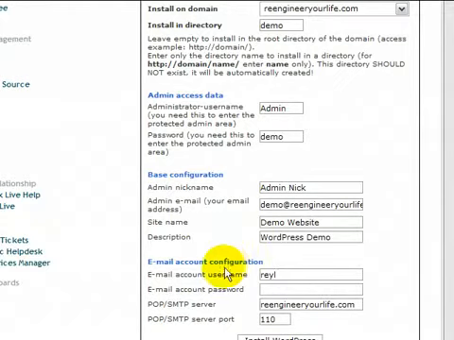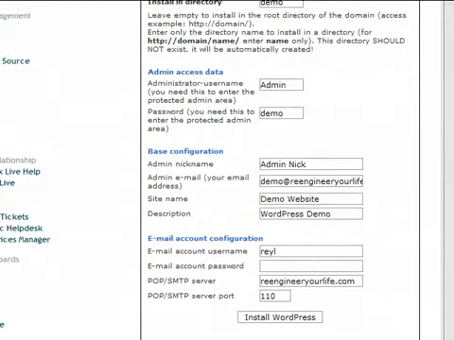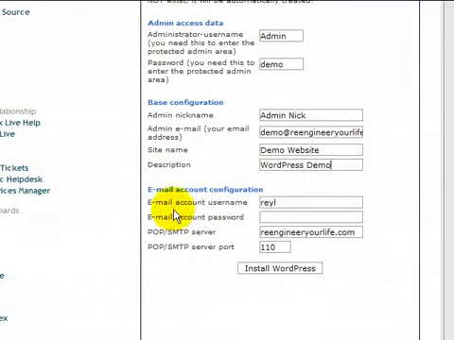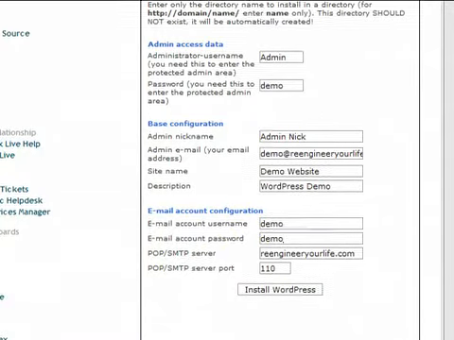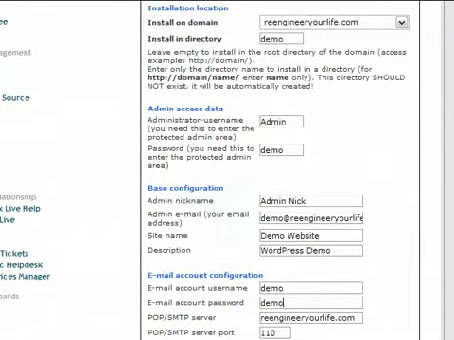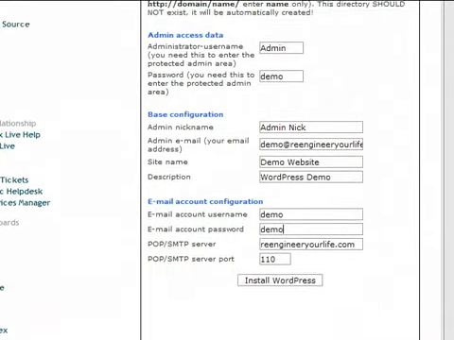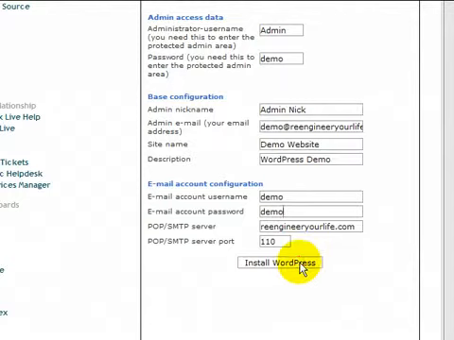Okay, so one more thing, you need to put in your email account. Okay, demo, what is the account password? My account password is demo also. Okay, so that's done. So those are the things that you need to enter in order to install your WordPress. Okay, now click install.